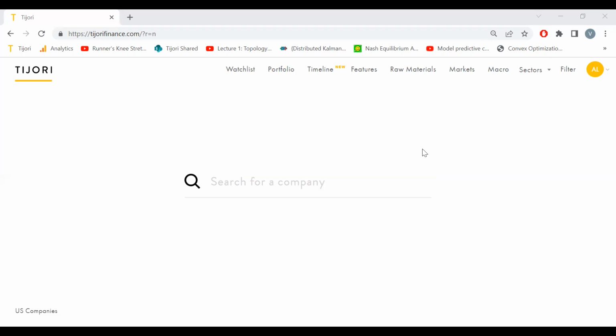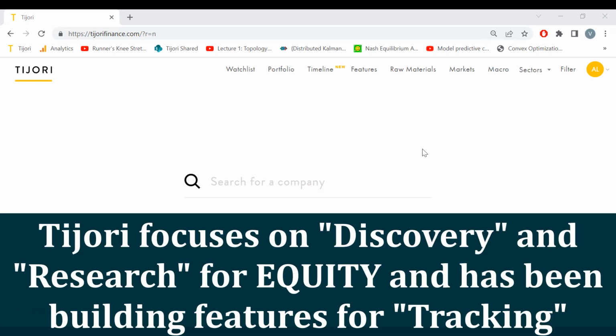Right now, we are only doing direct equity. And in direct equity, we've been very focused on discovering companies and researching them. So there's still no transaction on our platform. And tracking we've built recently, which we'll get to when we talk about what's next and what our focus is on in the next year or two. But as of now, we've been heavily focused on discovery and research of companies.